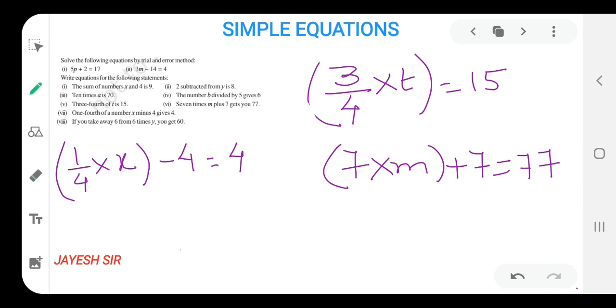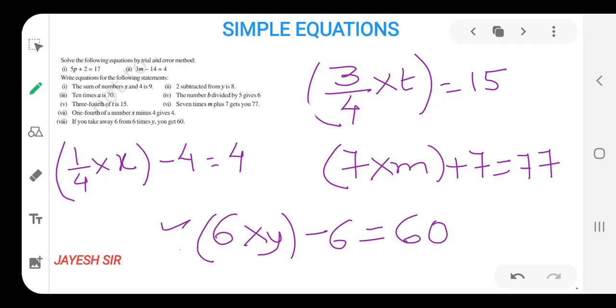If you take away 6 from, take away from is there, that means 6 times of y, that means 6 into y, 6 times of y, and from is to be there, that's why I have written it first. From, that means we need to take 6, we get 60. So this would be the equation for sum 8. We can write it further also. 6y minus 6 equals 60 also gives the same value. So we can write like this also. Both the answers are correct based on this. I hope you all might be getting it, friends.